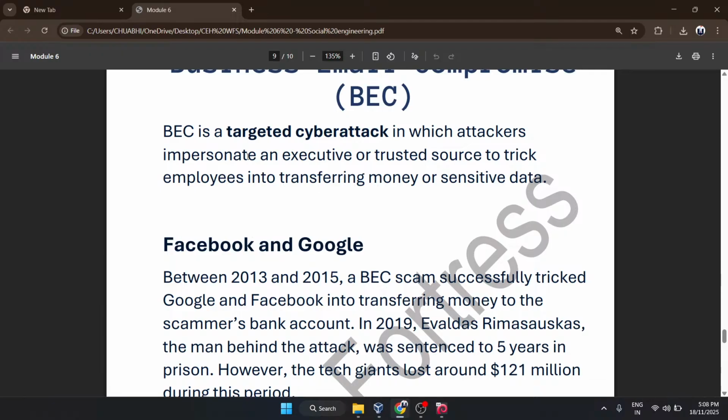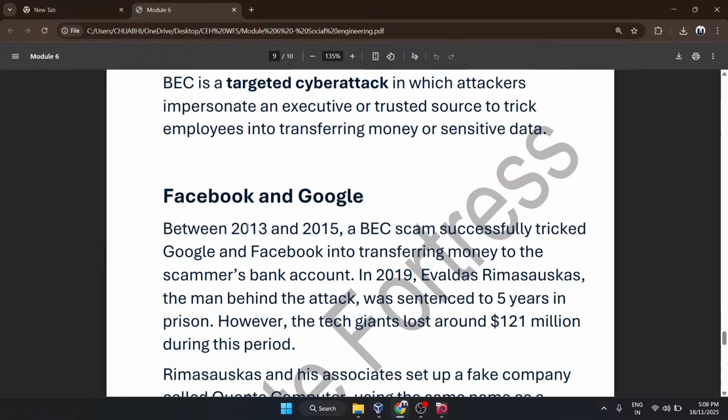So what happened back in 2013 and 2015? This person gathered information about Google and Facebook. The company they were dealing with for the hardware stuff, from where they were ordering all the hardware, was called Quanta Computers.